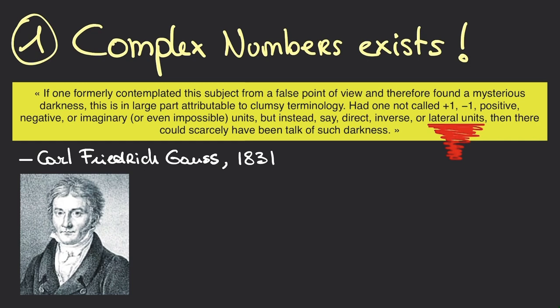It's a huge misconception to say that complex numbers do not exist. They are used in a lot of domains, they are very useful, they exist just as any numbers exist. And I wanted to show you this quote from Carl Friedrich Gauss, a very, very famous German mathematician. You can pause and read the quote if you want, but the point is to say that complex numbers are very badly named. They have a terrible name that really does not reflect the importance, the reality of this extension